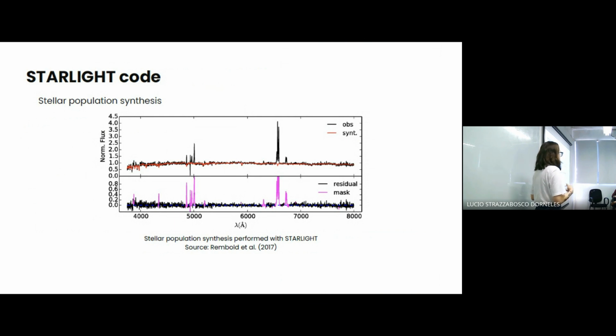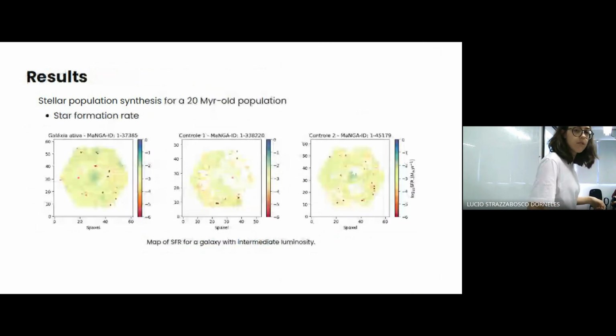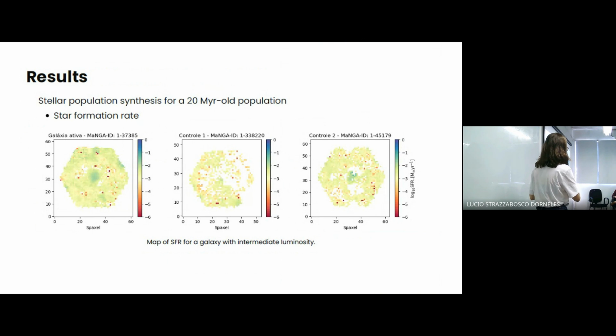In our case, we use an interval of 20 million years. So, through the stellar population synthesis for this age of population, we obtain the star formation rate for the active